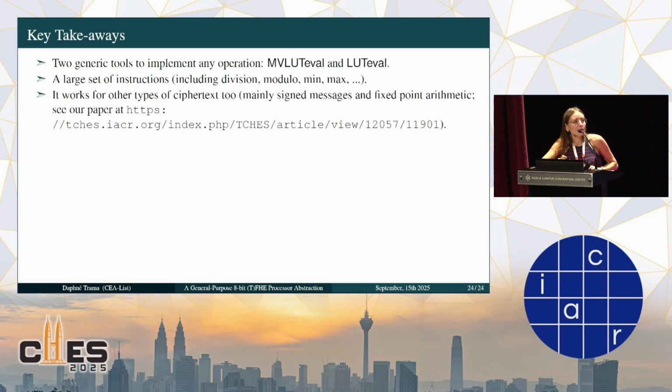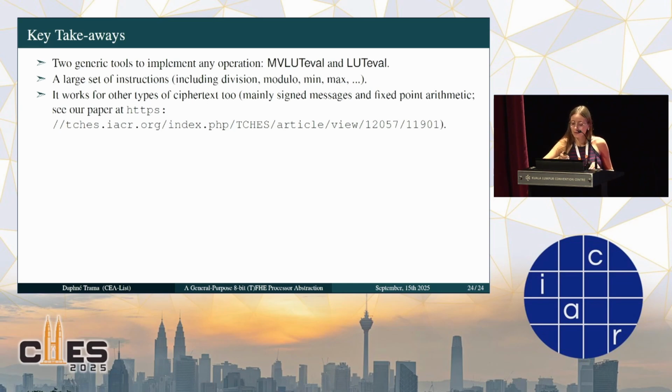I've not talked a lot about it, but our approach also works for other types of ciphertext, mostly signed messages and 16-bit fixed-point arithmetic messages. We did the sigmoid with these kinds of messages, and we even were able to implement a full neuron,